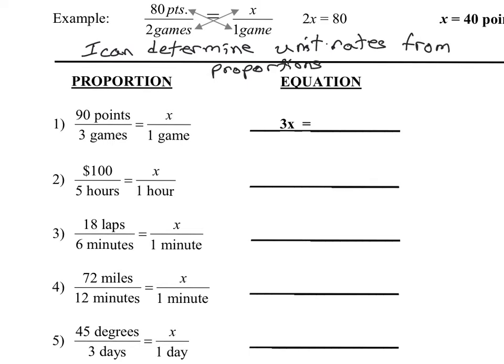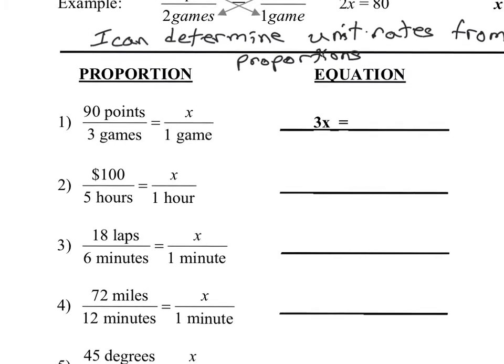Okay, now a proportion is one fraction set equal to another fraction. And we took a look at this briefly when we were introducing the whole concept of unit rate. We looked at what do we multiply one number by to get another, what do we divide one number by to get another, so that we can reduce or increase the size of a fraction. So what they're demonstrating here is that instead of trying to figure out what I did to 3 to get 1 and what I have to do to 90 to get x,